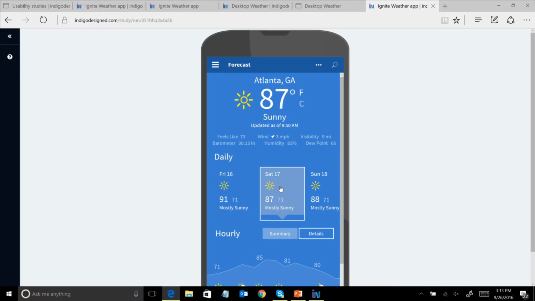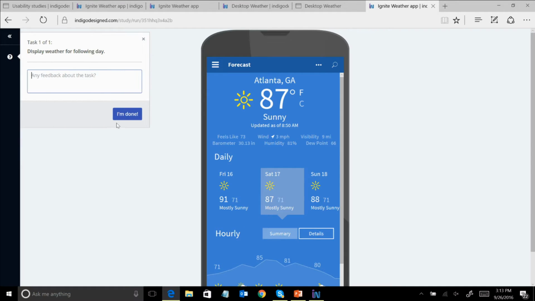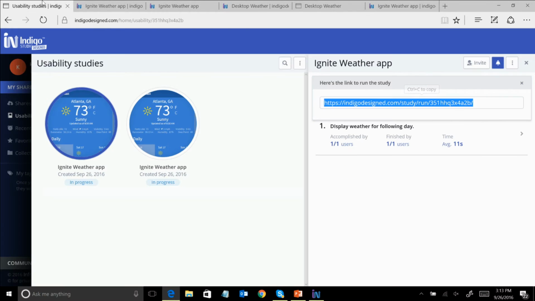So I'm going to come down here. I'm going to click here. Then I'm going to go over here and say that I'm done. I can provide feedback if I wanted to. And now when I go back